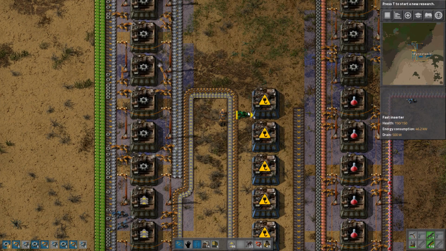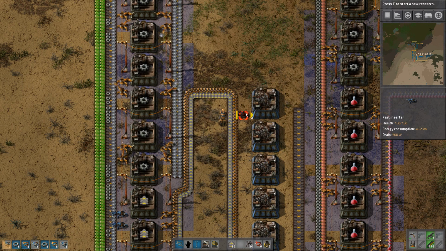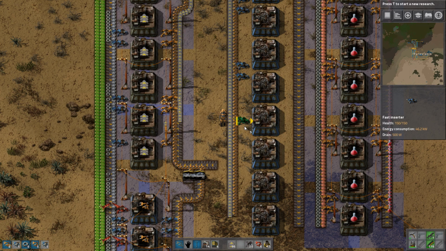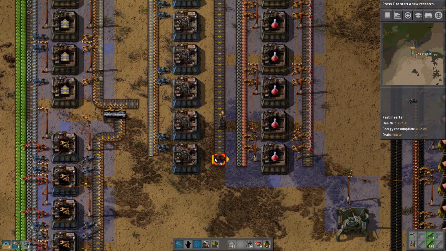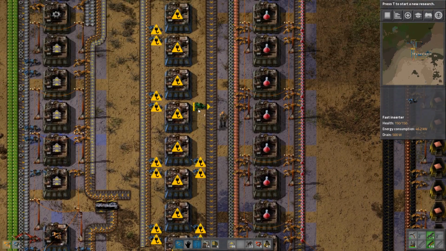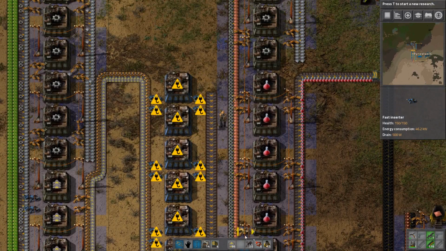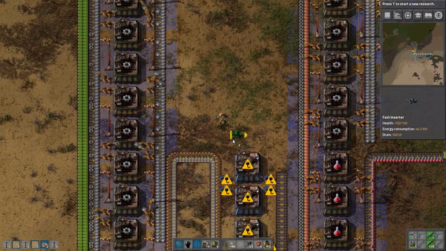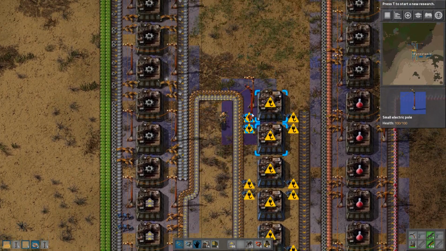All right, so. Do we have, is that a blue one or, I can't tell if that's a blue one or a, yeah, it's a blue one. Okay. 1, 2, 3, 4, and 5. And the same thing on the other side. 1, 2, 3, 4, 5. All right, and we don't have enough power poles. Let's put a few more power poles in. Thankfully, those are a pretty easy make. All right, shit. 1,